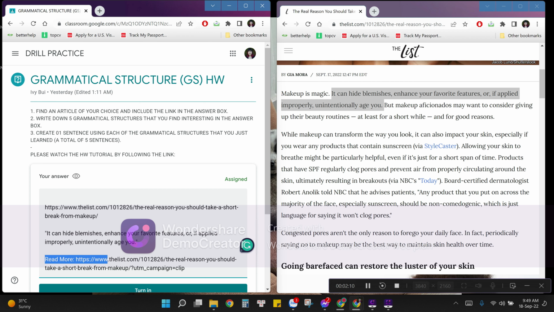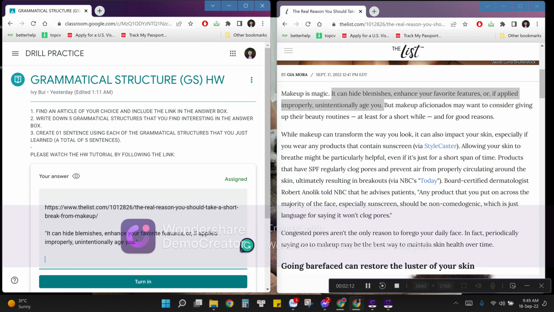And then what you want to do is when you find an actual sentence in the article and you paste it in the answer box, so you can learn the sentence structure of this sentence, you want to put this in quotation marks, so I know that it's not your sentence. You actually copy it from the article, and from then you want to just write down the